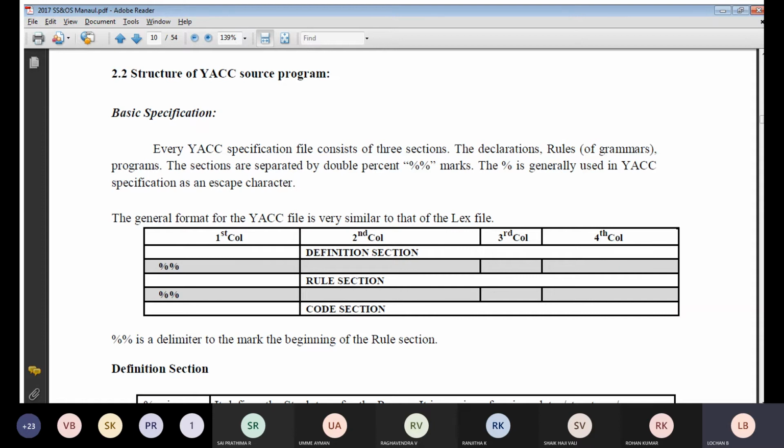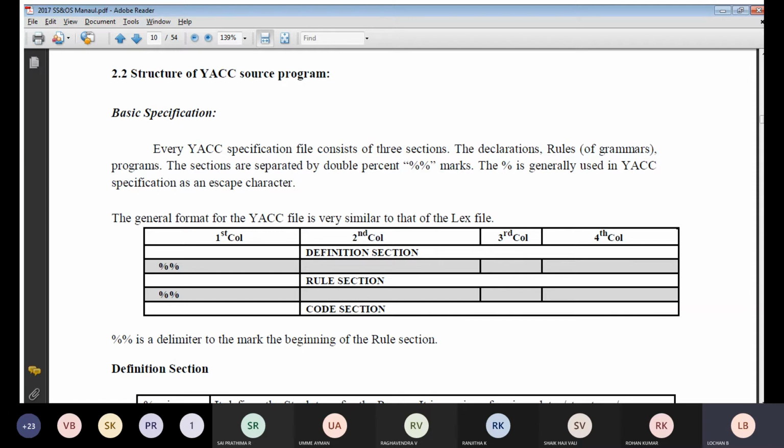Inside your rule section, what are the things you can discuss? You can write delimiters, you can write the operators, which operations to be performed, or it can be your conditions. In simple words, whatever conditions are there in your programming, those conditions I will be writing inside your rule section.